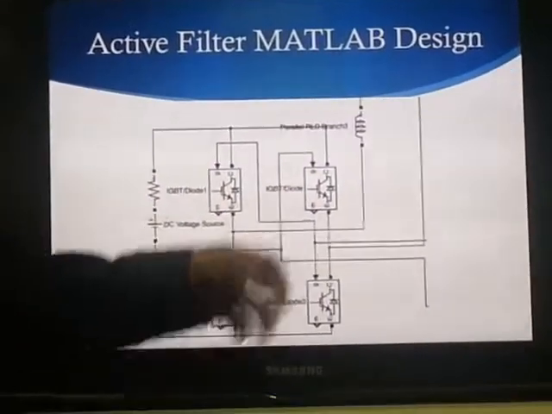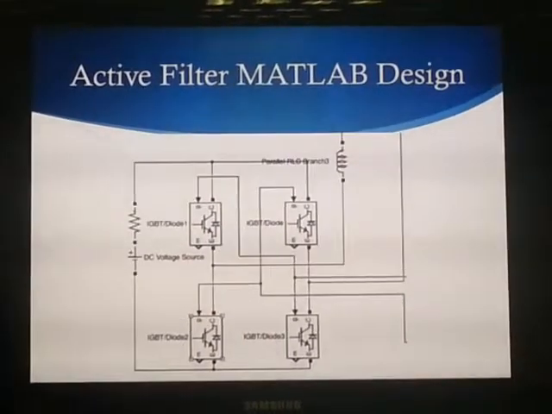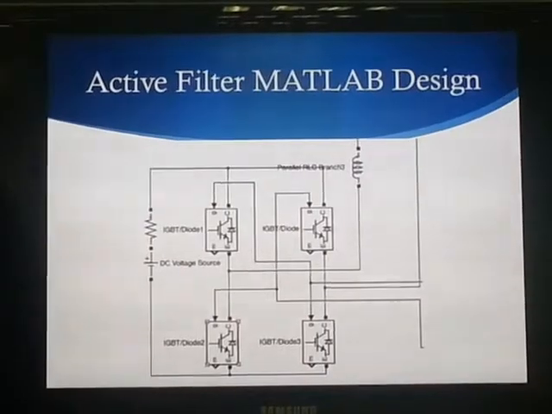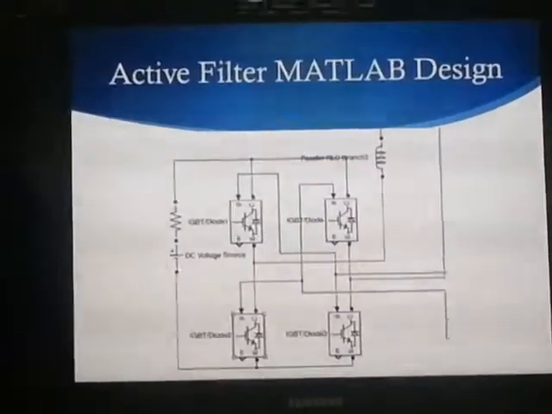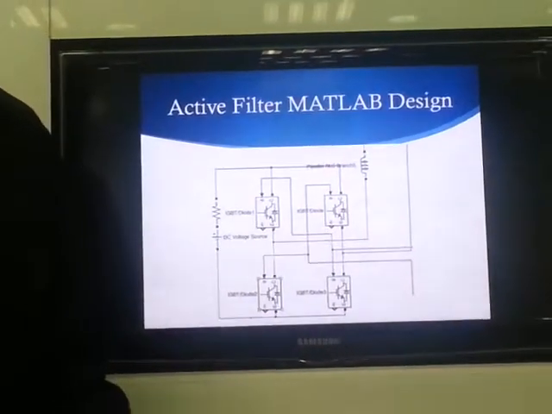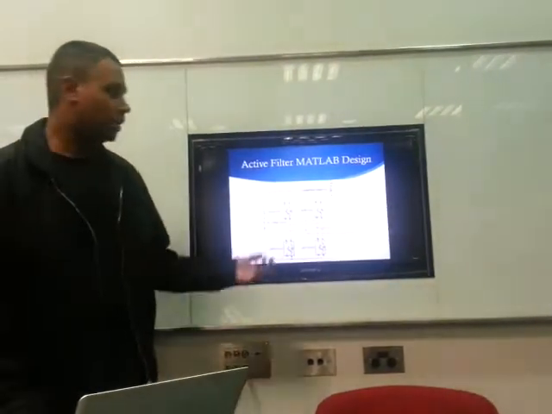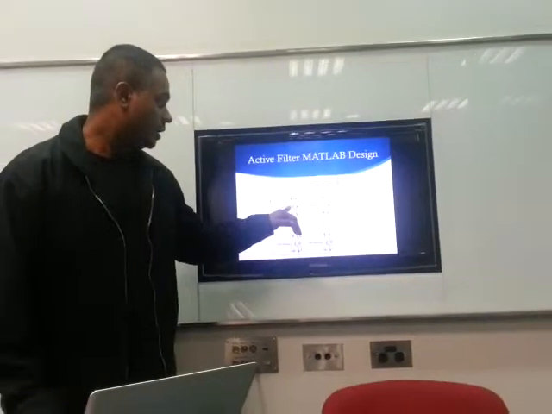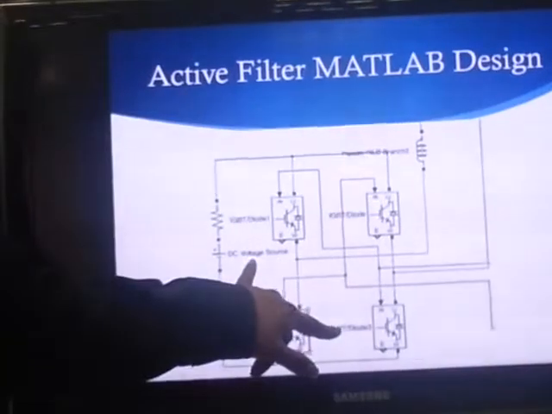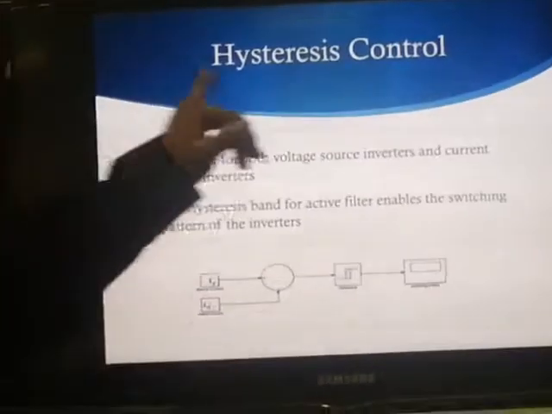However, when this inverter gets connected to the main system for the compensating currents, it uses an inductor. This inductor is used to reduce the ripple in the compensating current as well as to reduce the voltage. The switching of these inverters, the switching component comes from the hysteresis